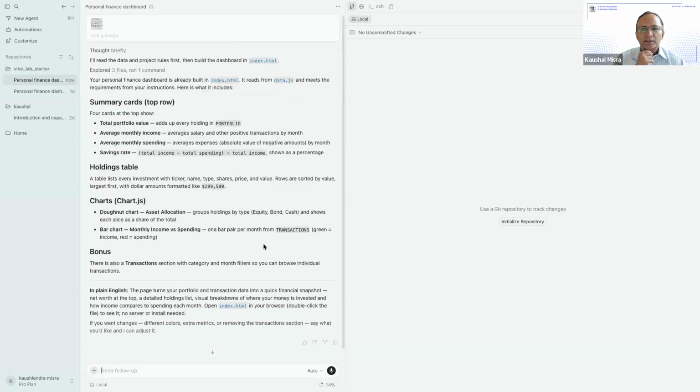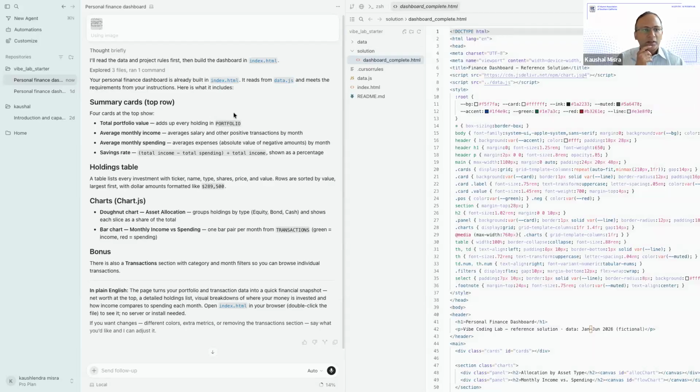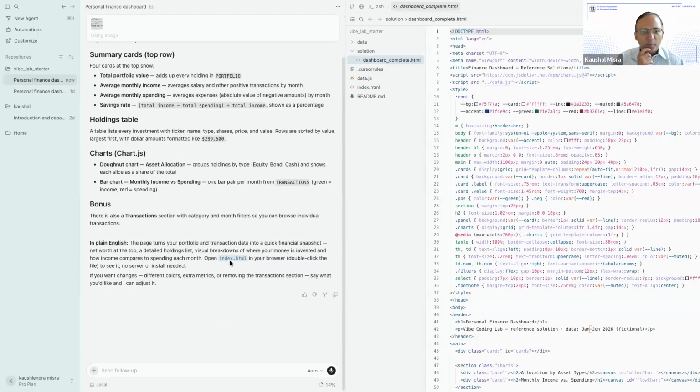So this is where it is. Okay. So let's see. Here in solution, it is creating a complete dashboard, complete HTML. Okay. In plain English, this is: open index.html in your browser, double click. So if I double click,